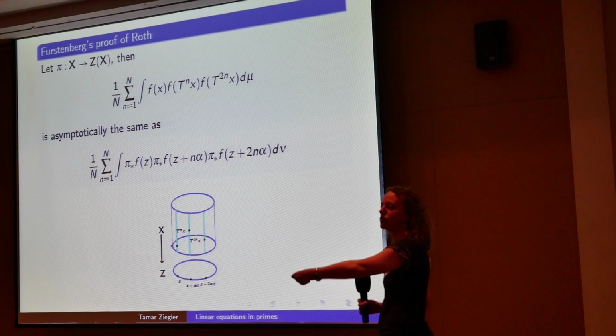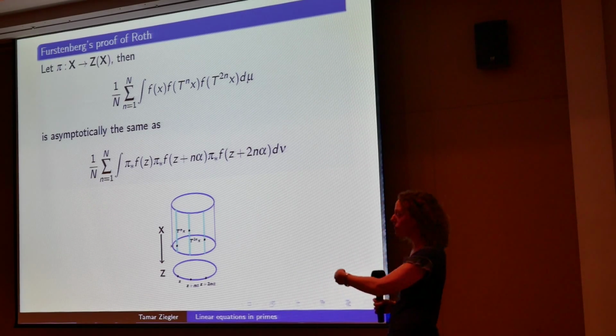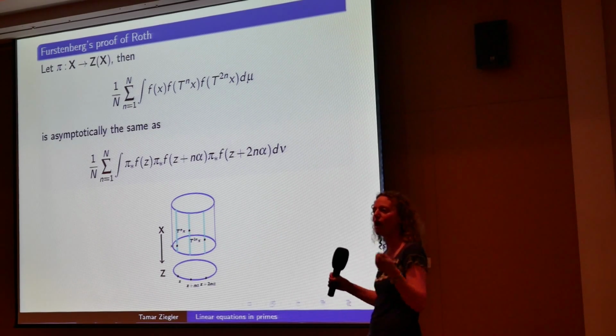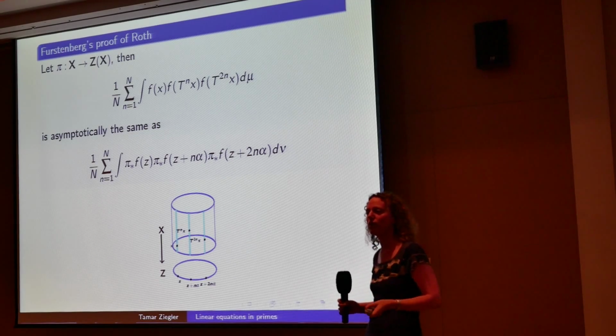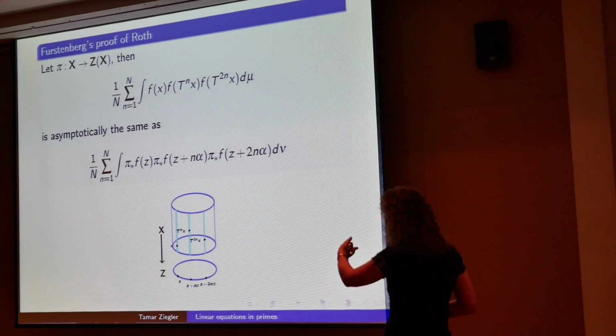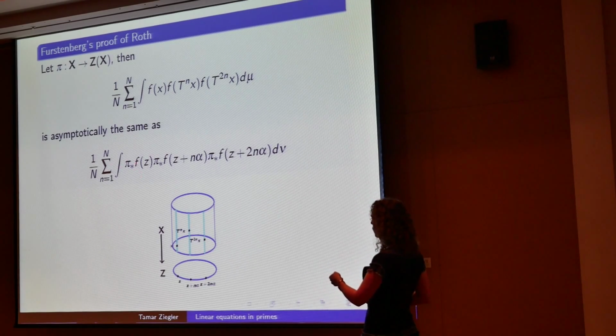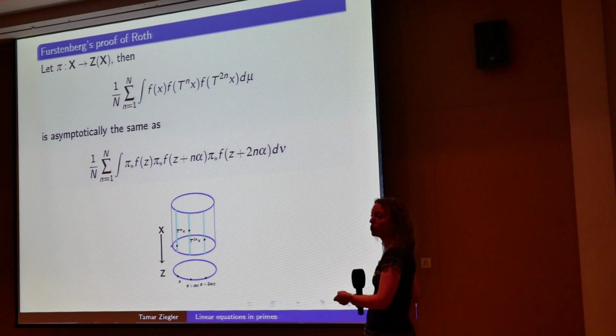The map is just a rotation by alpha. So this is what the iterates look like. And on top, these x, T x, and T^2 x are free in the fibers. There is no extra condition on them. So this is the picture you should have in mind. And once you're at this situation, your life is very good, because first, in an abelian group, it's very easy